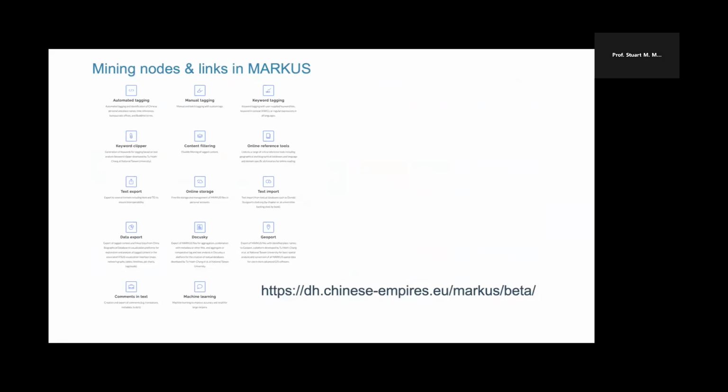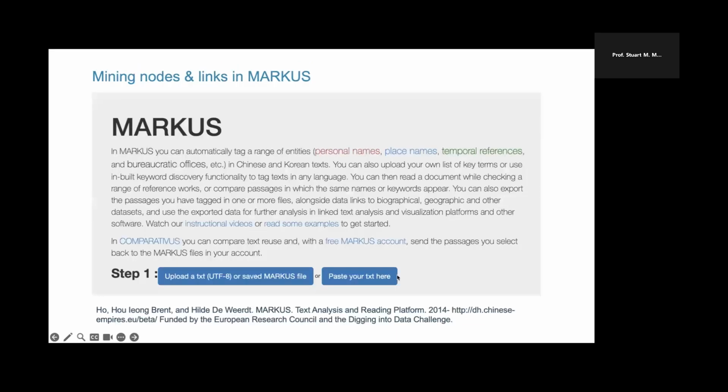I mine, how I discover relations there. So here I use a platform called MARKUS. I'm not sure whether you are familiar with MARKUS. MARKUS is a digital annotation and reading platform developed by Professor Hilde de Beert. So this platform features automatic tagging of a range of entities, such as personal names, place names, time references, and the bureaucratical offices in both